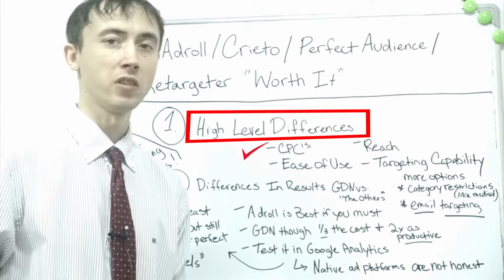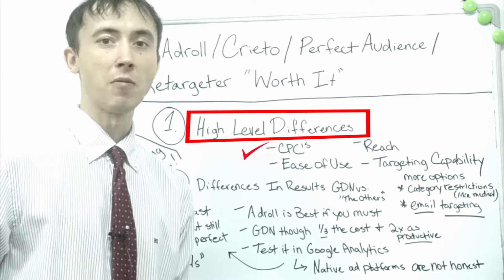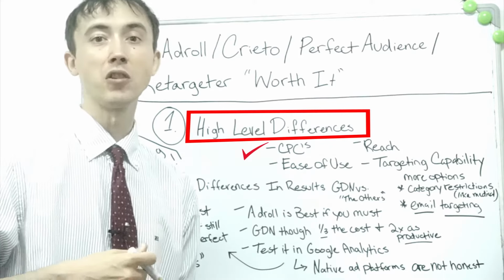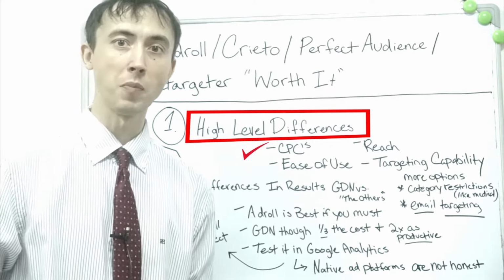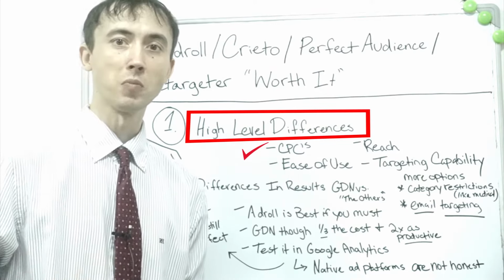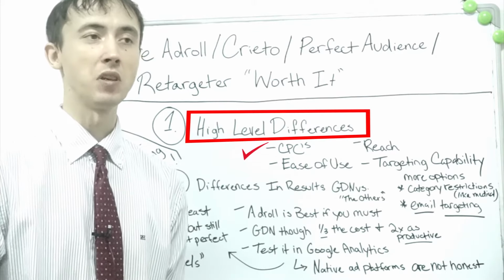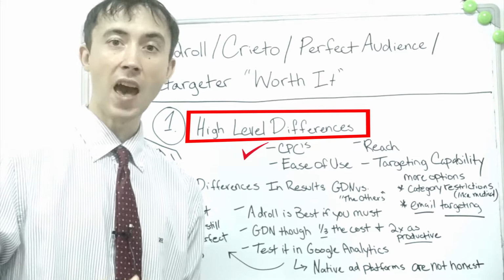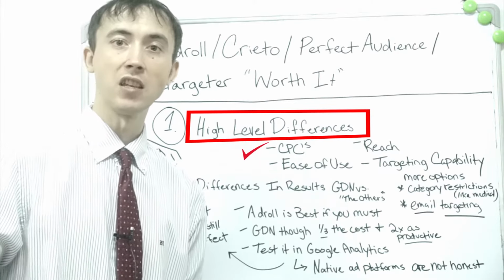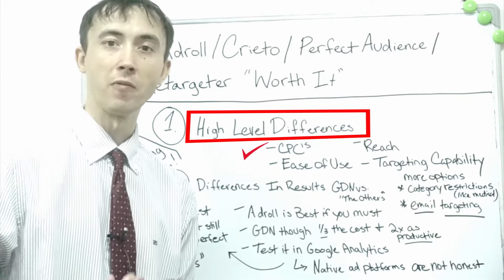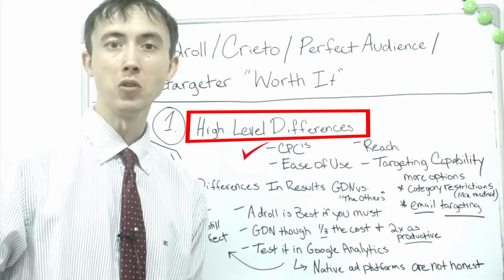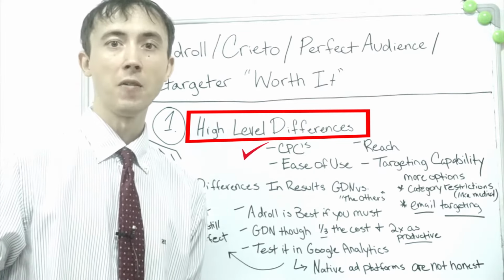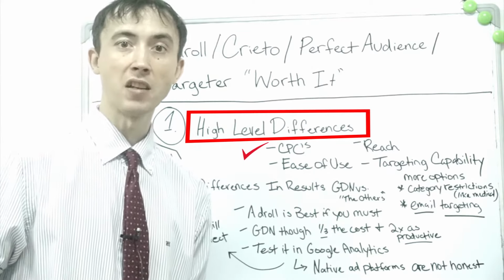The cost per click on these third-party platforms generally is a little bit, well, I shouldn't say a little bit, quite a bit more expensive than what Google Display Network has. And I attribute that to being, you're going directly to the source. Google, with Google's AdSense program, AdSense, if you don't know what it is, the program where if you're a publisher, you own a news website, you basically have a YouTube channel